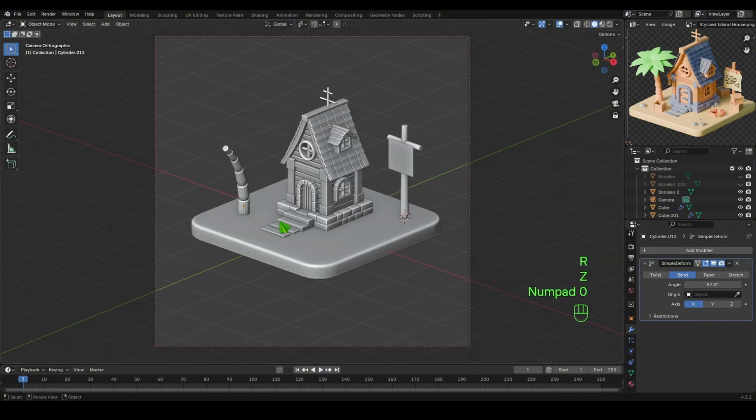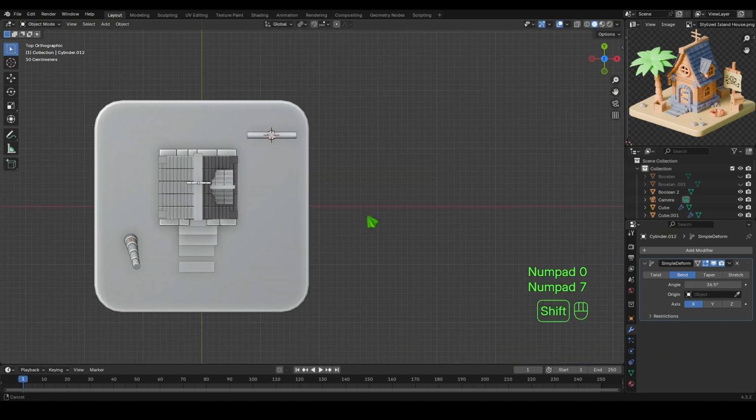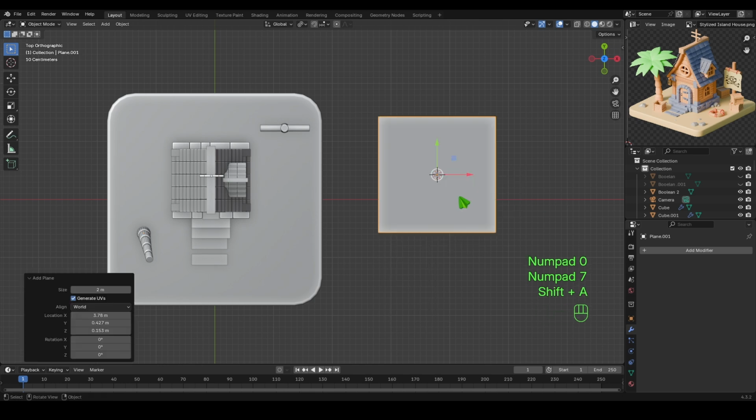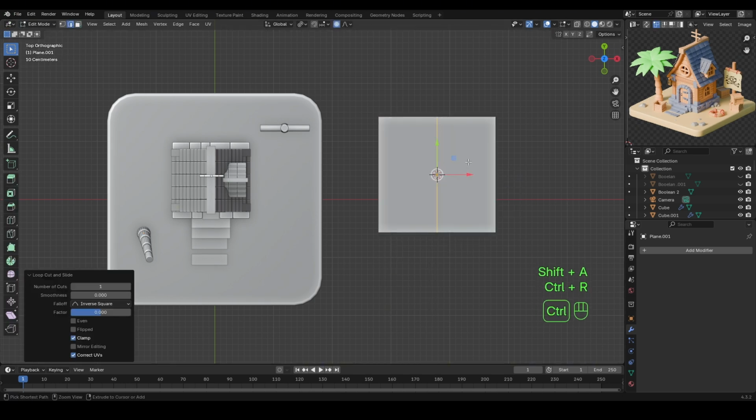Let's rotate it. Let's go to camera view. I think that is correct, and let's move it up a bit. Okay, now we are getting there. Now let's make our leaves. Click Shift A, we need a plane, go to edit mode, right click, give 1 cut, and Ctrl